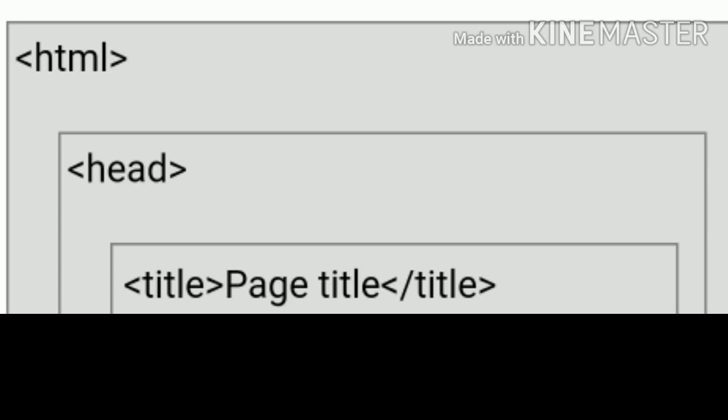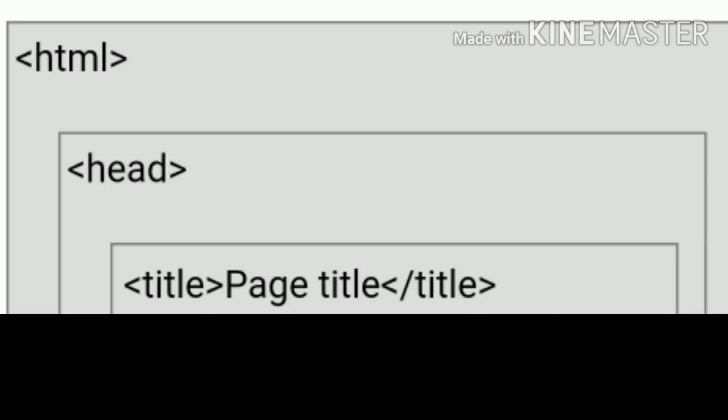Next we can go to the history of HTML, where HTML was introduced. Since the earlier days of the World Wide Web, there have been many versions of HTML.